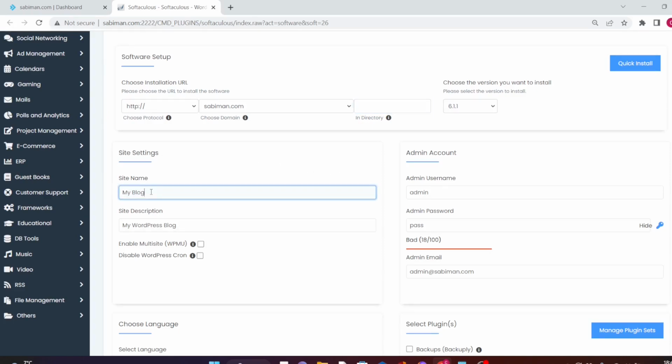Here, you write in the name of your site. In my case, I will say Sabiman. On site description, just fill in anything that describes what your blog, what your site is all about, okay? For the sake of this tutorial, I'm going to say that the description is going to be my traveling